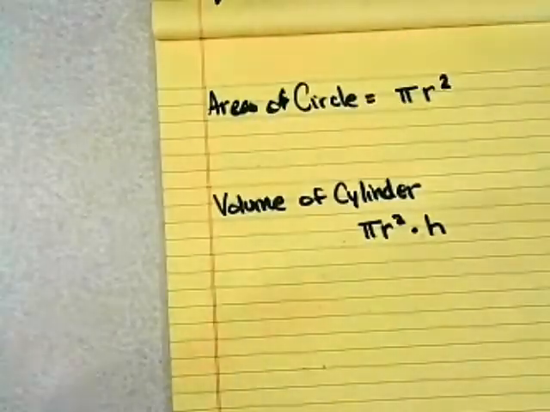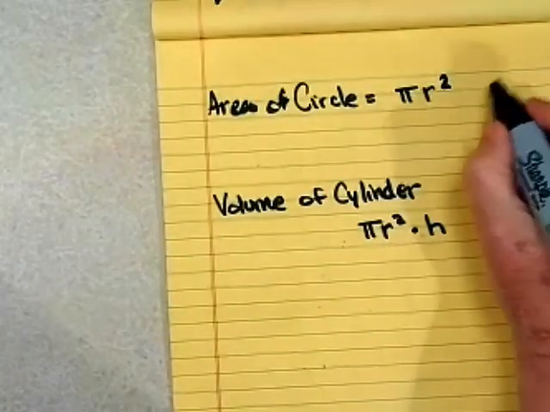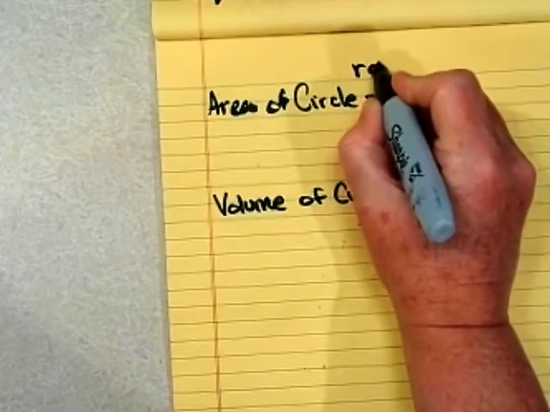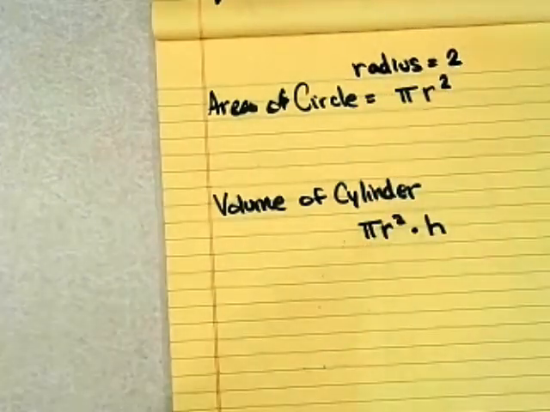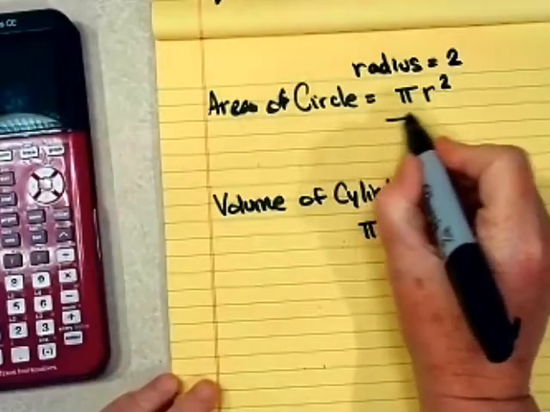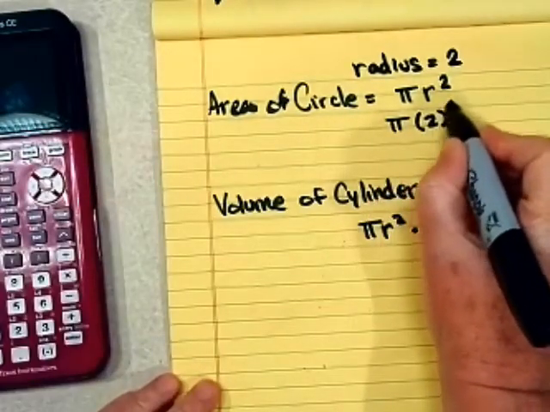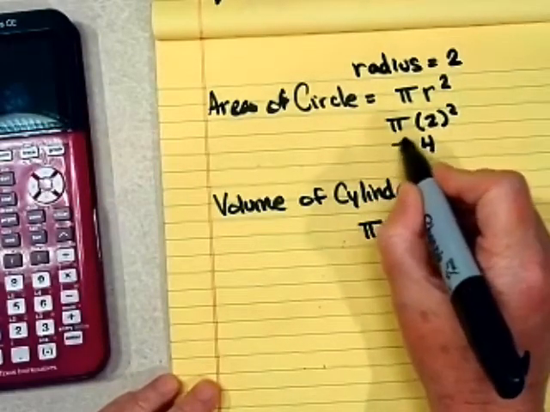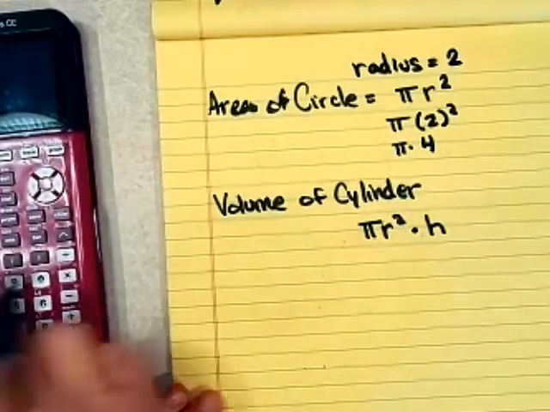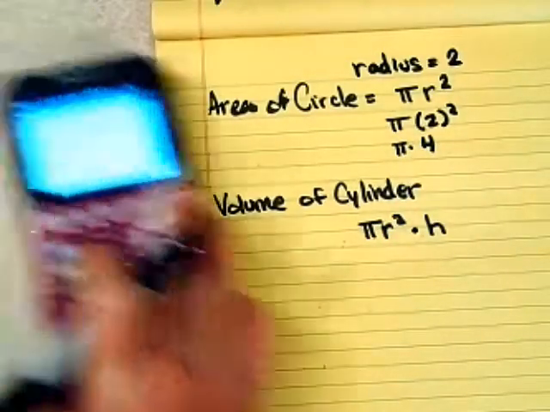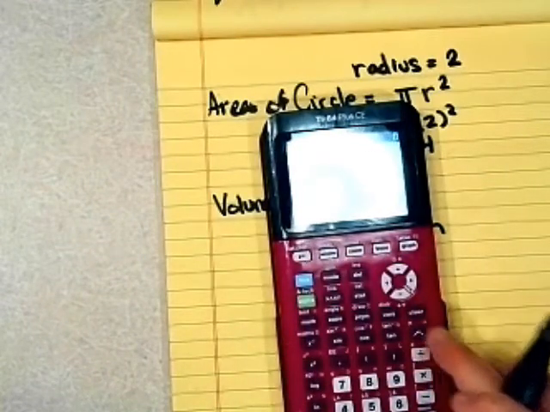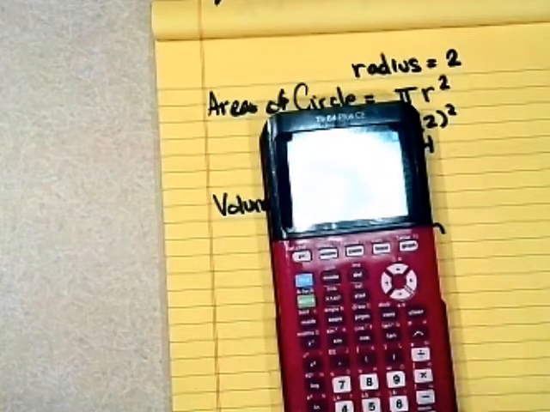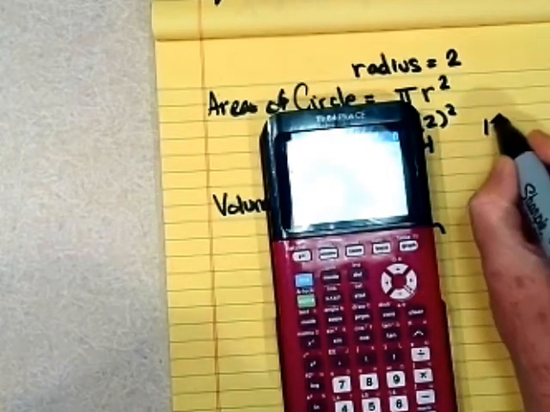So for my circle, I have a radius of 2. I'm going to multiply pi times 2 squared. We all know that 2 squared is 4. When I multiply pi times 4, I get